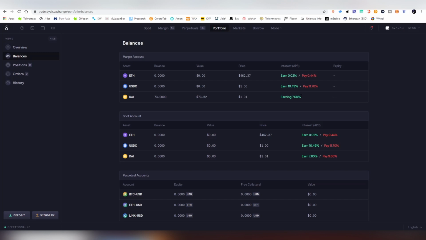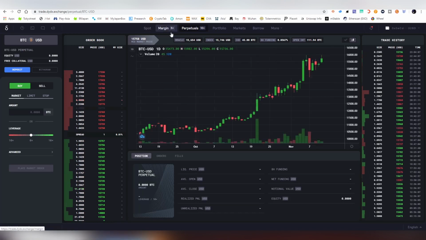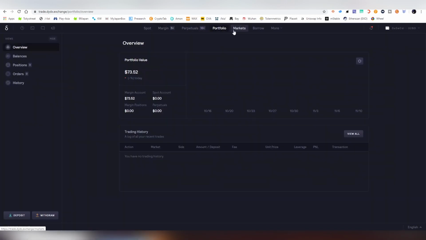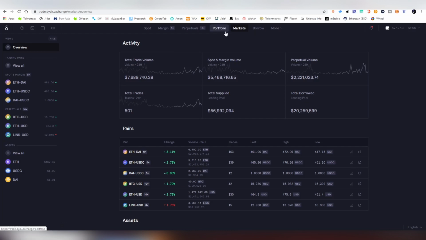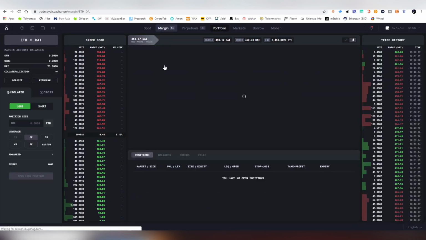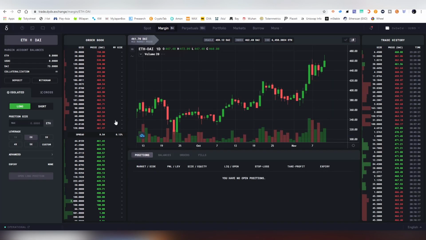And now, to my understanding, if everything goes right, I am now earning interest on my DAI on the platform, and it's basically pulling that money into the margin, or the perpetuals on a margin, I believe, are the same. So basically, when you deposit money in here to the margin account, it's being used here,